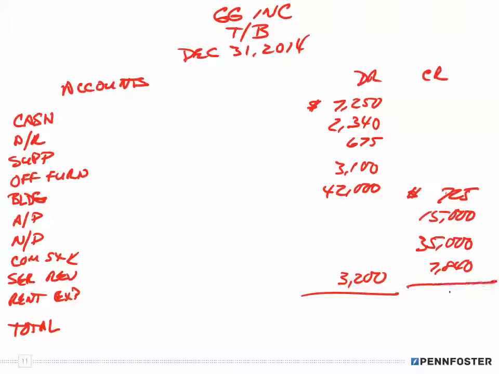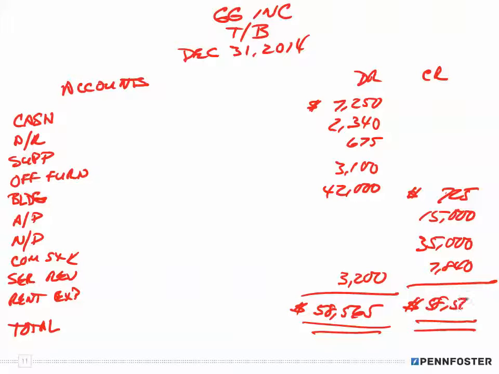And of course, I draw an underline, which represents a mathematical calculation, and my total will get a double underline because that'll be the end of the calculation. And of course, I have to put a dollar sign there to represent dollars. So now when I add up all of these numbers, I should get 58,565. When I add up these four numbers, I should get 58,565. And my debits equal my credits here. So I know I've proved that the debits do equal the credits,